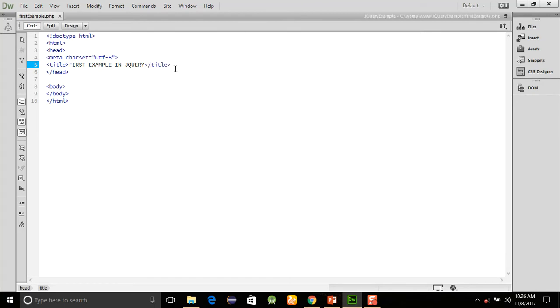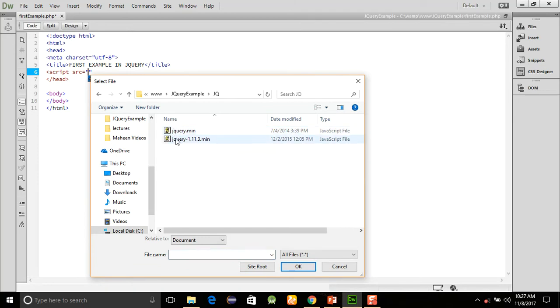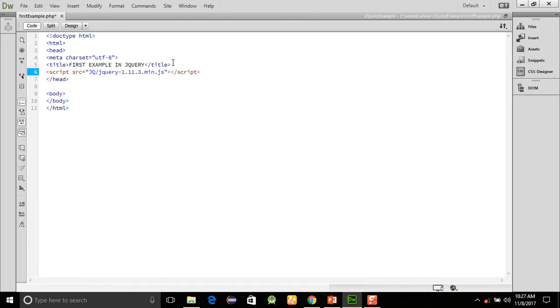Okay, after that, now we are going to include the Jquery files in this PHP file, or you can say in the HTML file. For this we will use the script tag, because we already told you that it is a JavaScript file library. So add source here and browse. I place this Jquery files here, and after that you just click it and close this script tag here. After that you will add a script and okay, for that purpose I'm just adding H1 selector here,